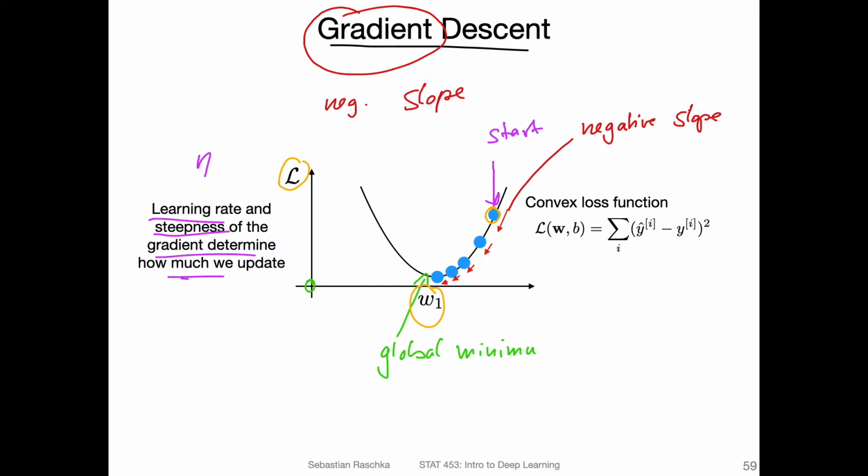So you can see here at the bottom it becomes a bit flatter, right? So the function is not as steep anymore. So in these cases we also make smaller steps, because the update really depends on the steepness and also on the learning rate. So the learning rate would scale these slopes by a constant. So the learning rate is usually a constant that scales all of these slopes.